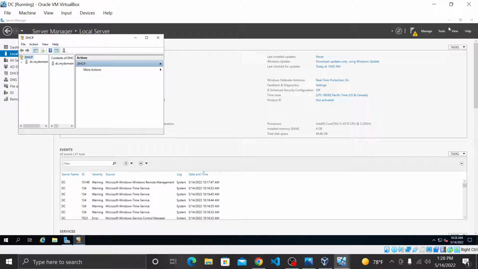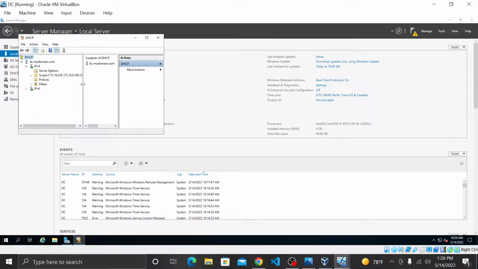So yeah, again, tools, and then scroll down to DHCP. And now what we're going to do is take a look at the scope that we created. So IPv4, let's go ahead, I'm going to widen this out a little bit. Okay. So here is the scope that we created, the 172, 100 to 200. And so let's expand it a little bit, so we can see here,